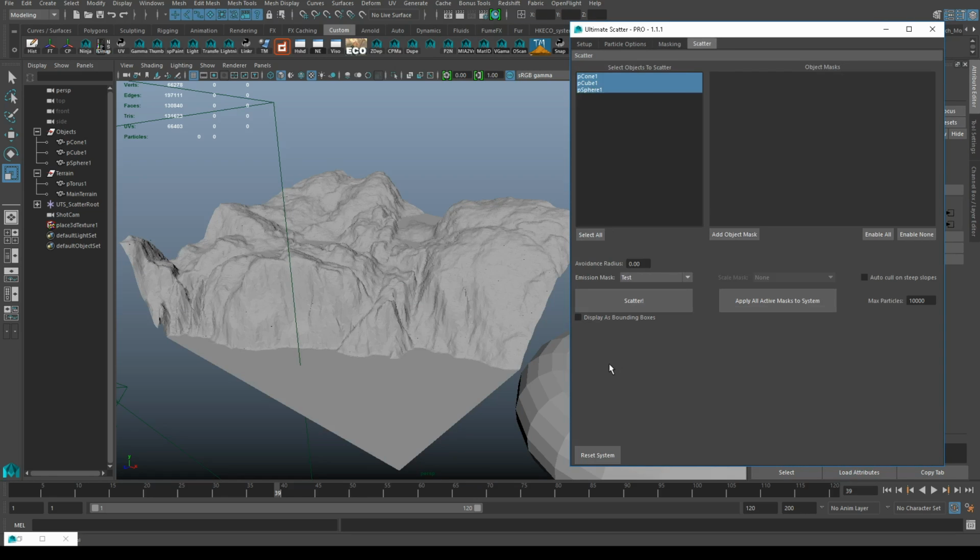So I can select test, and I've actually just noticed that this is a bug here. This shouldn't be here because we deleted that other mask. That's something that I'll need to fix, and we'll do so. But anyways, I just select test on here. So there's that emission mask, and now if I just go ahead and scatter,